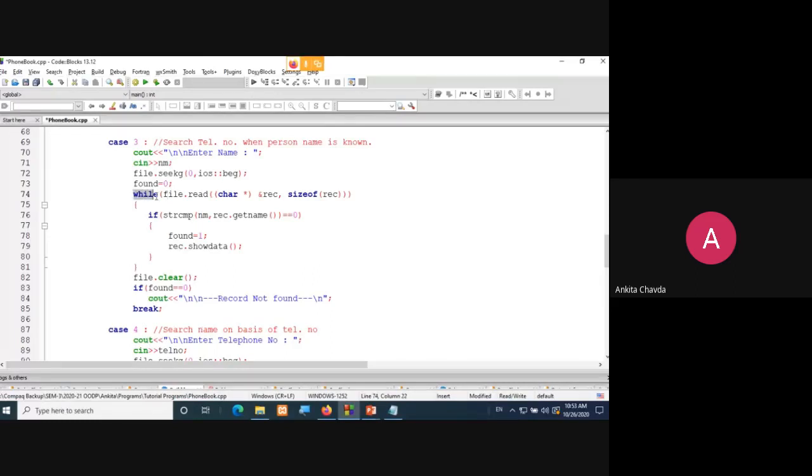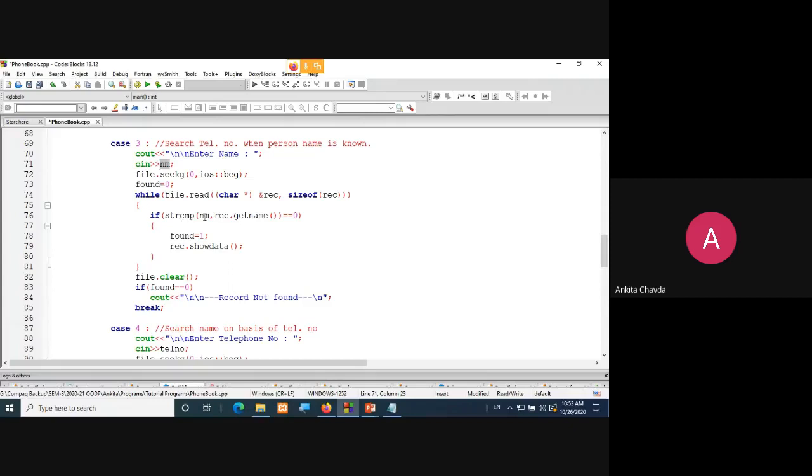So while your file has some content for reading, it will simply run this loop. So file.read, character pointer, ampersand record, size of record. If this is true, then string compare, because I want to compare the name whatsoever the user has entered.